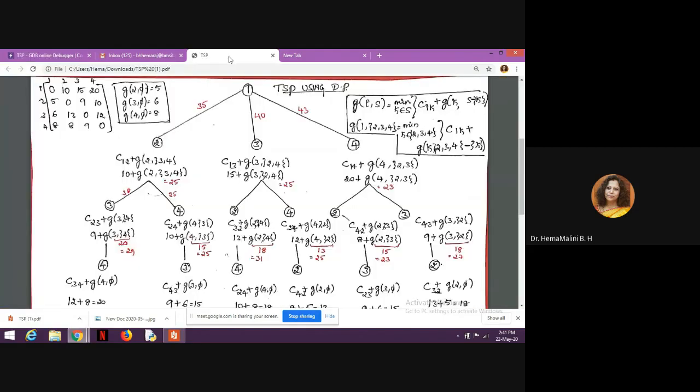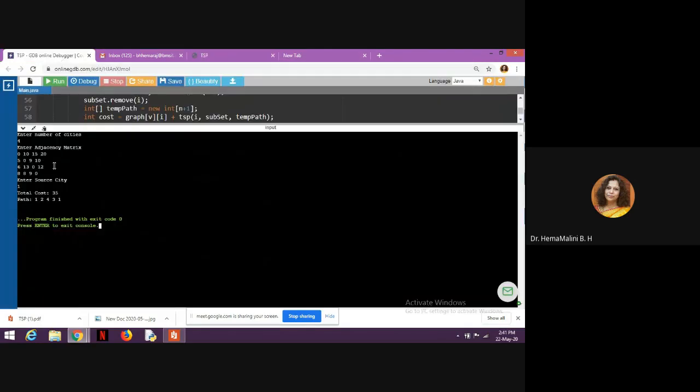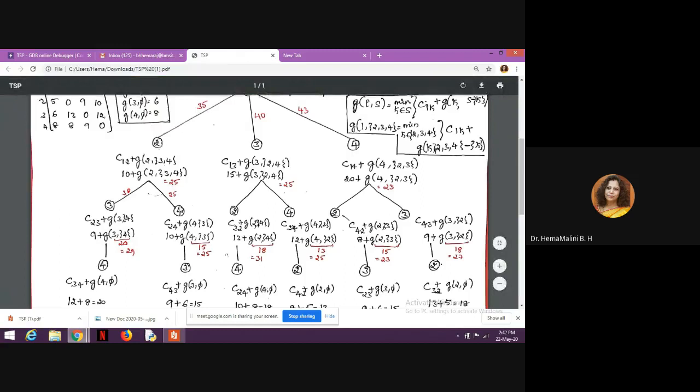Now we'll see which is the value which is giving us 35. It is this. We are going from 1 to 2, 2 to 4, 4 to 3, and 3 back to 1. This is the one which is giving us the minimum value.